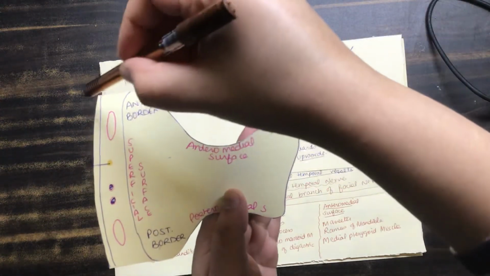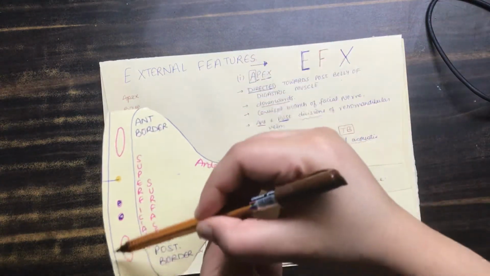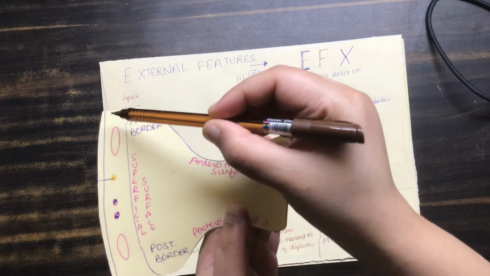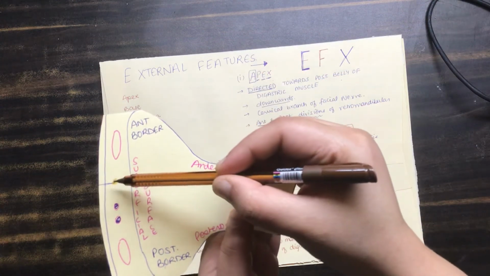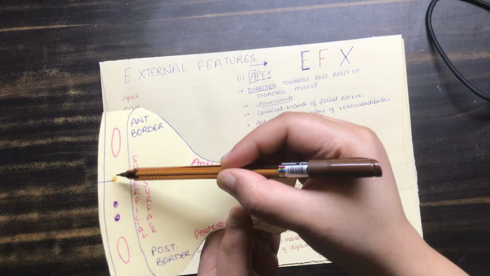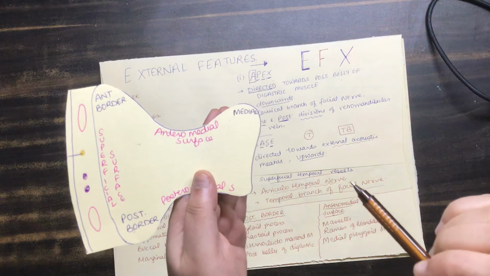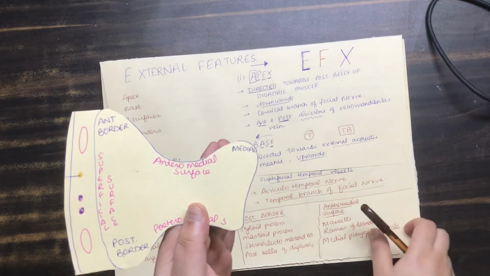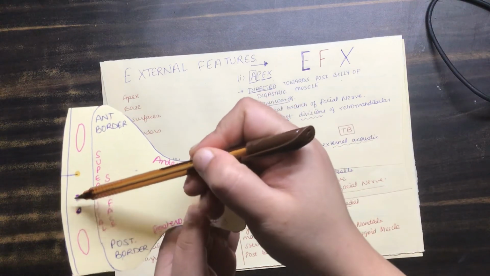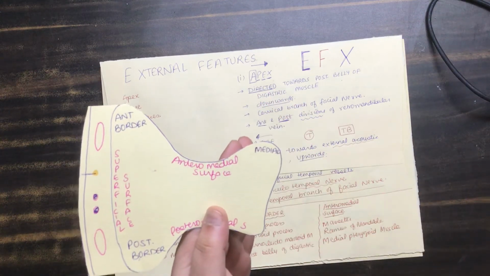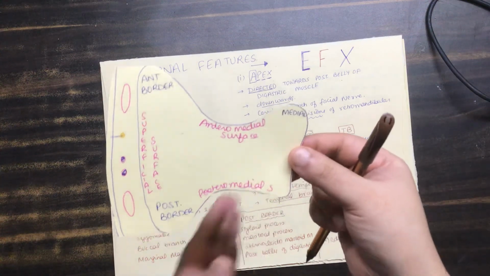This outer covering is the skin. Then this is the superficial fascia. This second line is the superficial fascia. Then this one is the platysma muscle. This is the greater auricular nerve, which is a division of C2 and C3. The greater auricular nerve supplies the parotid gland. You can visit my previous video, where I have explained the greater auricular nerve as well. And these are my parotid lymph nodes. So this is all for the different surfaces and the borders of the parotid gland with this diagram.